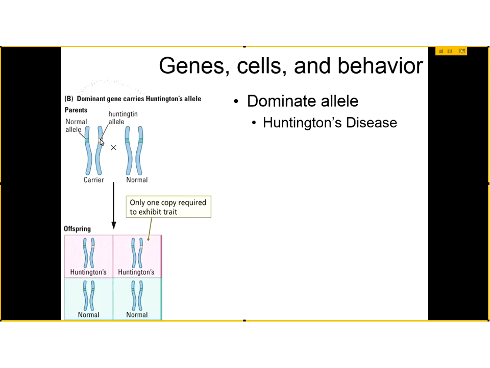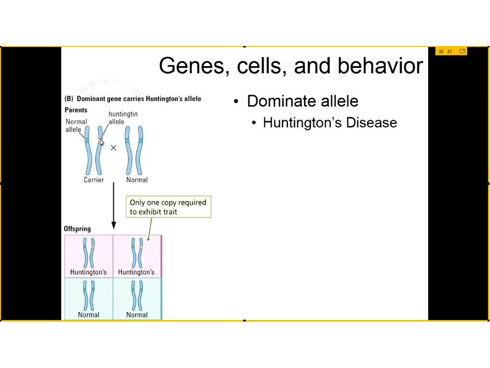a child and not be aware that they're going to develop Huntington's disease. Again, the Huntington allele codes for a protein that as it accumulates, will kill brain cells in the basal ganglia and cortex. Now let's look at the pattern of